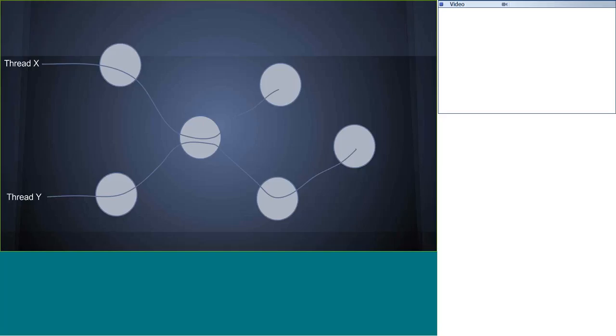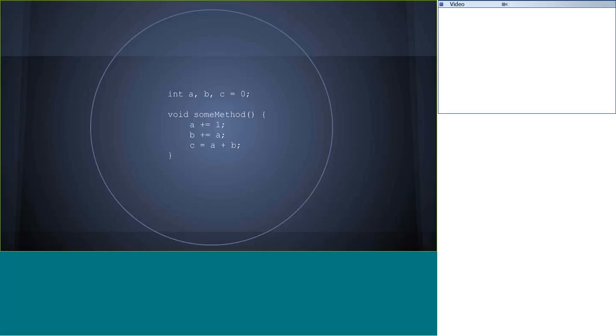And this is the fun part when you're dealing with threading, which is when you have a single code path that's executed concurrently by two different threads at the same time. So if you can imagine something like this is a very simple method. You have some state, A, B, C, and then you have some method that operates on that state. Well, if you want to consider how this will behave in a concurrent environment, you have to think about basically every possible interleaving of those threads through this particular method. And it might not just be 2 threads, it could be 10 threads, it could be 100 threads, right?